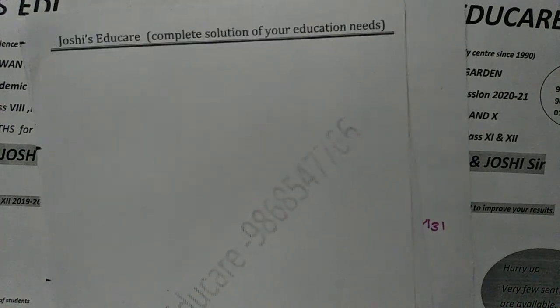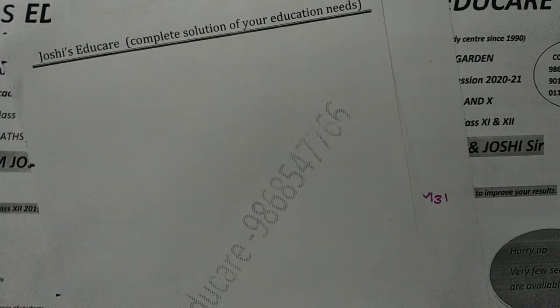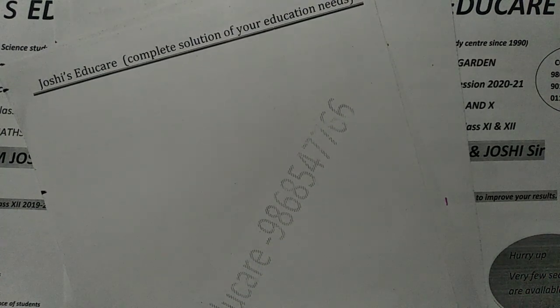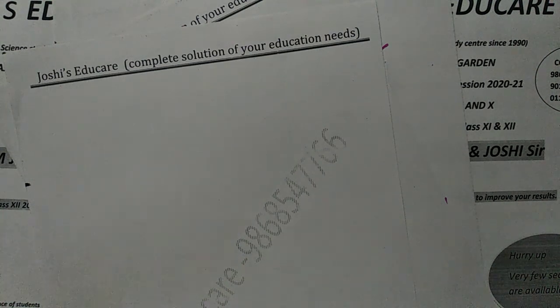For year 2020, the consistency and inconsistency of these linear equations are not in your syllabus, but still I will explain how to check the consistency, how to write a system of linear equations in matrix form, and then how to get the value of 2 variables and 3 variables. Mainly two types of questions are there. In the first type, you have to solve the equations of 2 variables using the matrix method, and the second type is solving the linear equations of 3 variables using the matrix method.